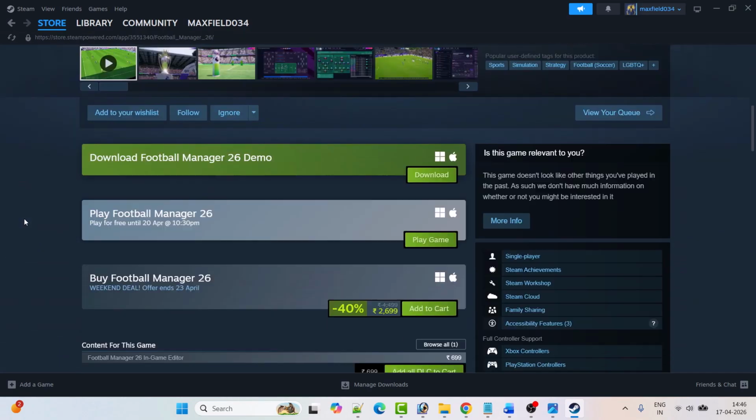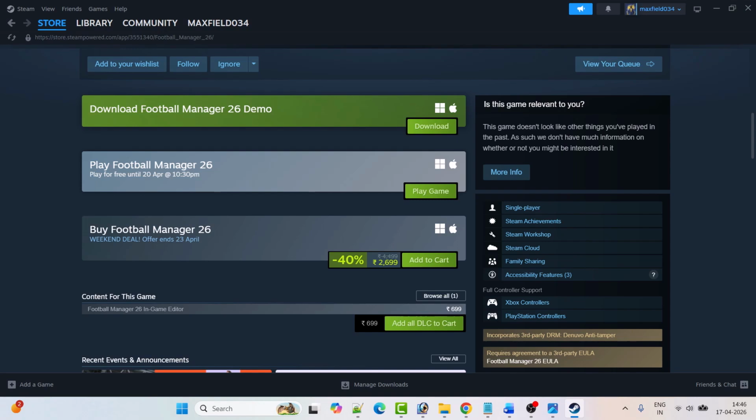Scroll down and here you will see play Football Manager 26, play for free until 20th April. So let me tell you that Football Manager 26 has the free weekend and you can play this game till 20th April for free. So click on this play game button